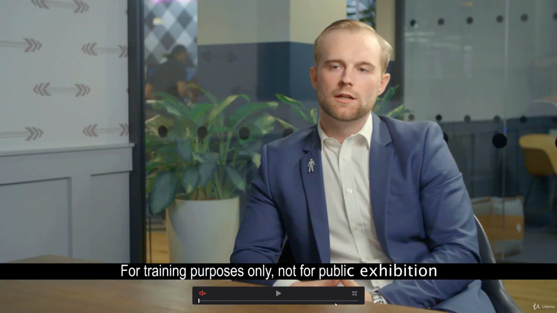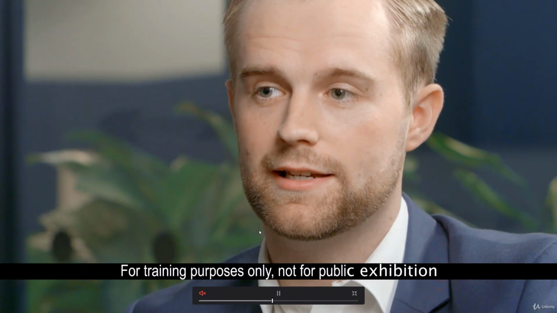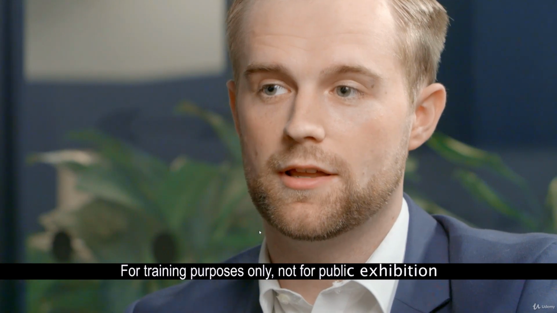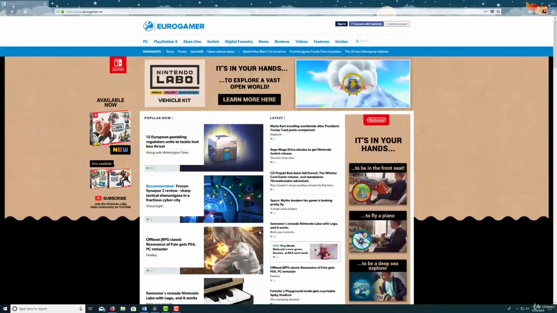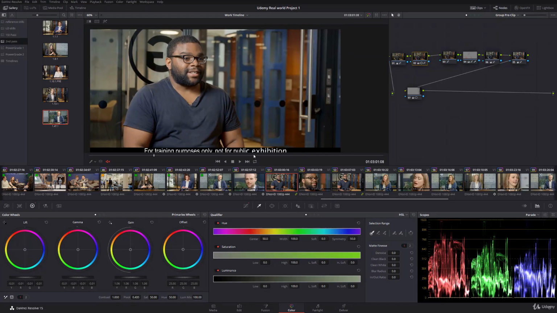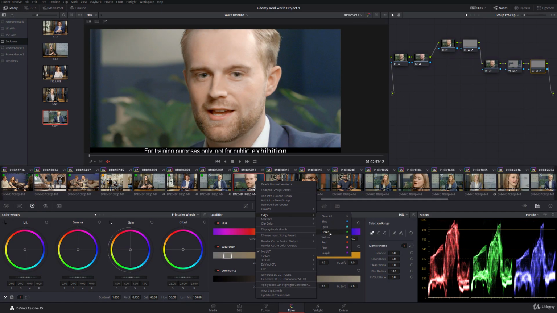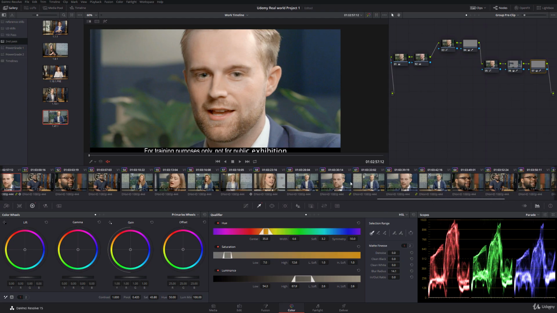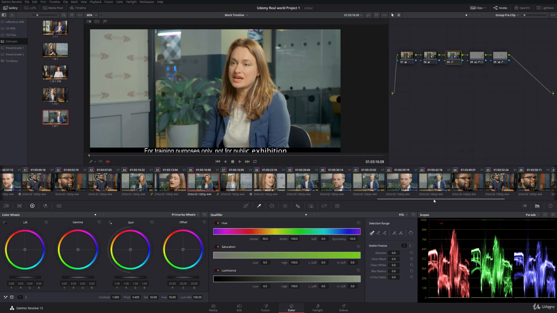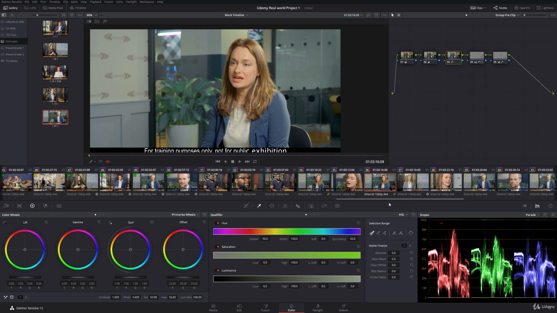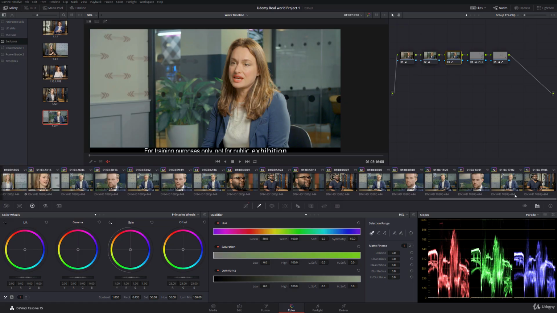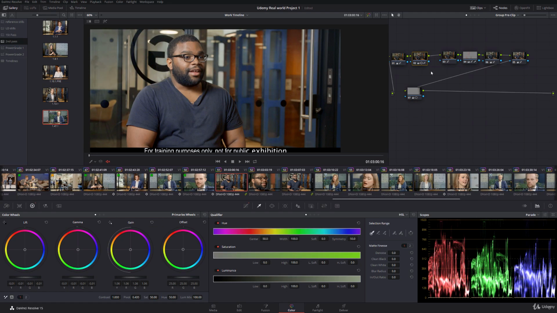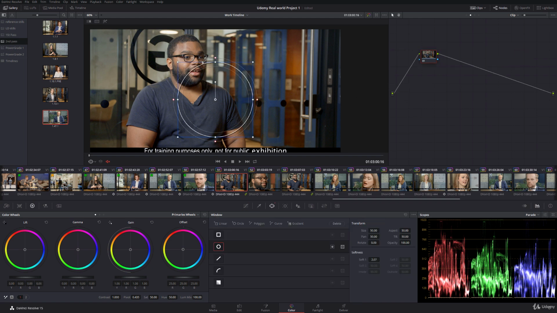Cool. Right, now let's see how these two edit together. I'm pretty happy with that. Definitely need some noise reduction. Cool. A few more I'm going to have to roto that wall out, and maybe in these shots as well. In fact, from this point onwards, it's just contributors to deal with. So I'm just going to